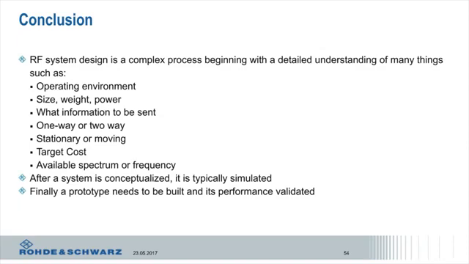How much bandwidth do I need? Am I sending stuff two ways, like a cell phone? Am I sending stuff one way, like a TV set? Are things moving or stationary? If things are moving, you get other things that you need to be concerned with, like Doppler shift, where basically the frequency is changing as a function of the velocity you're moving at. And what's the cost? Obviously, in today's world, people like cheap handheld things, so price is obviously always a primary